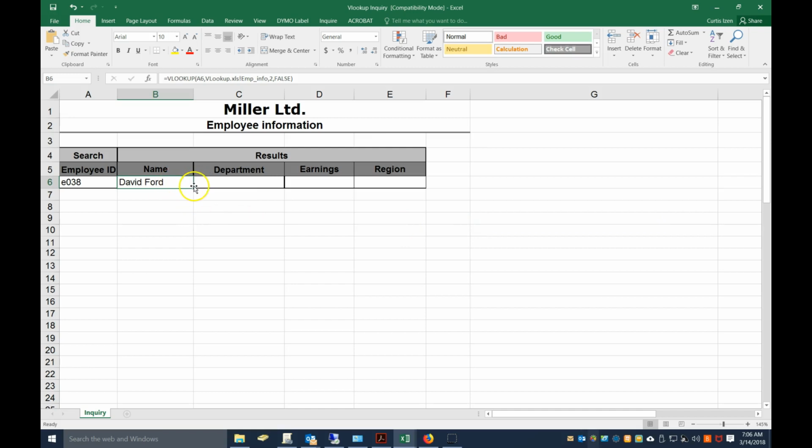Now, if we copy this across from David Ford over to department, notice that it's looking up now B6. So that's not what I want. So in order to keep it in column A, I can simply go up here, hit the F4 key, and make it so that the column is always in A. And when I copy down, it'll only change the row number, which is what I want. So now if I copy across,